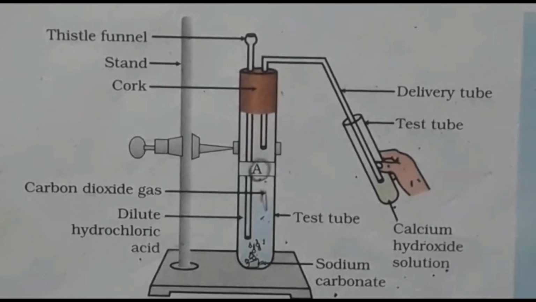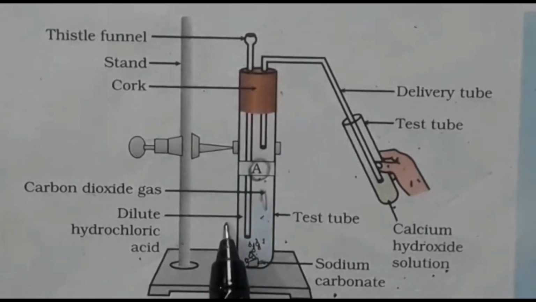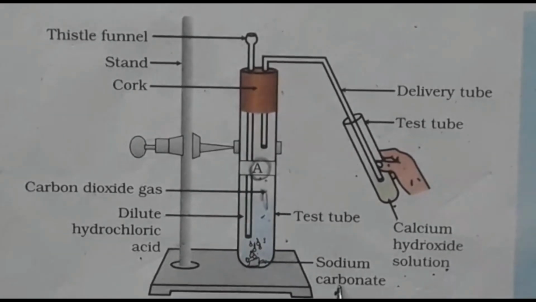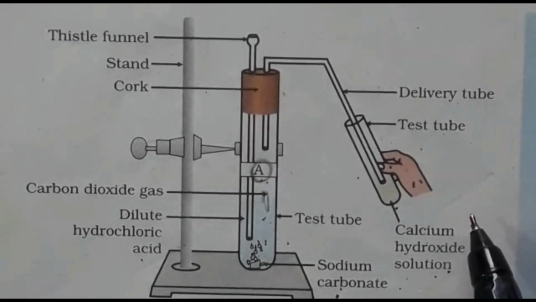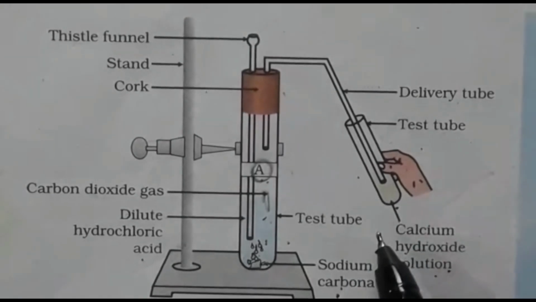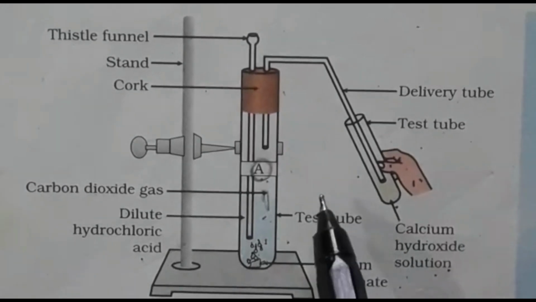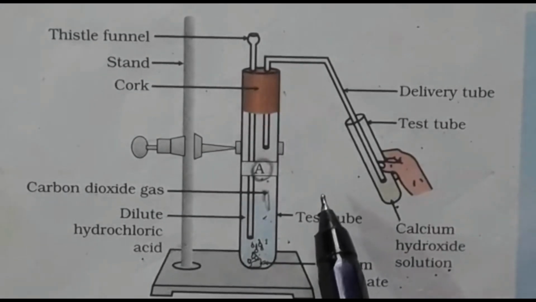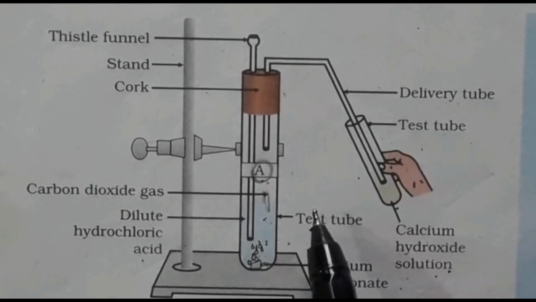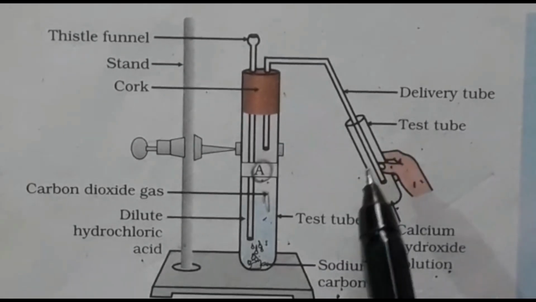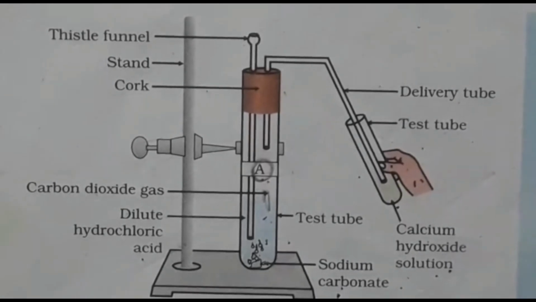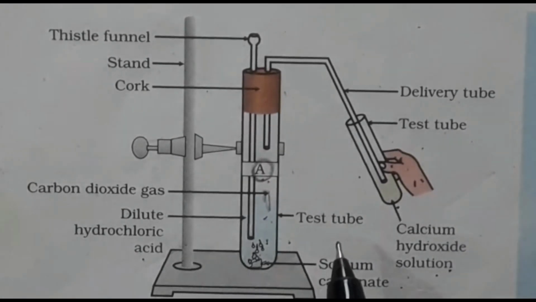So what's your conclusion? Okay, when acid reacts with carbonate, it releases a gas called carbon dioxide. Is it clear for everyone, children? So this is an activity to show the reaction of acid with carbonates and metal hydrogen carbonates. It was also an important one. In a previous board examination, this question was asked: write the material required, procedure and observation to show the reaction of acid with metal carbonates and metal hydrogen carbonates. Okay, hope it is very clear for you all, children.